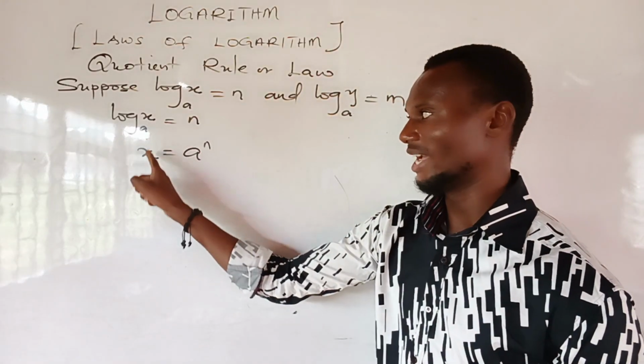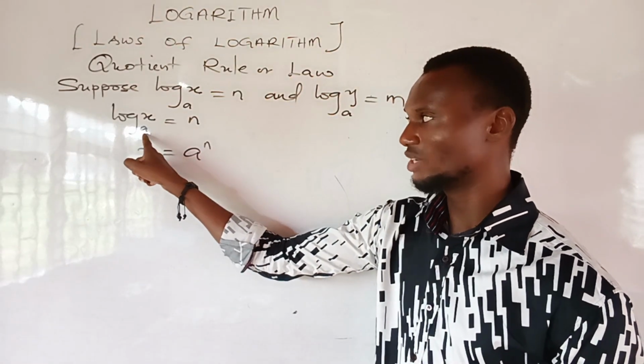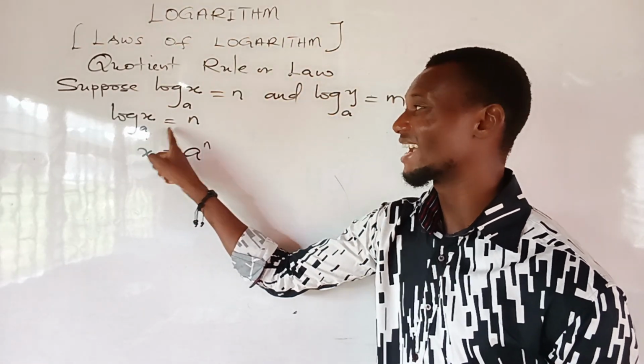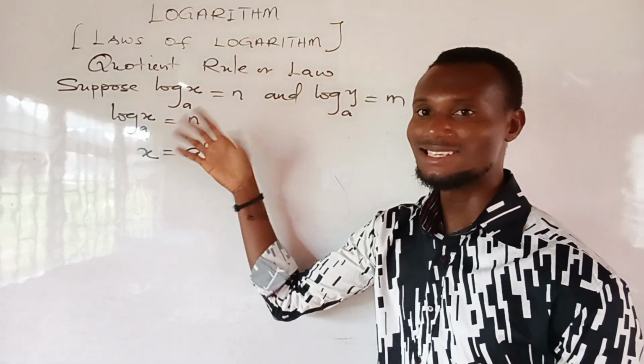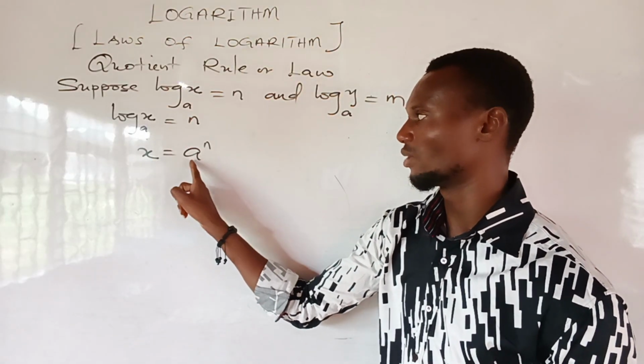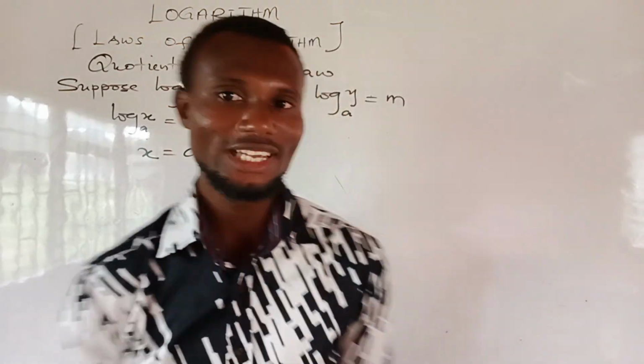Just repeat your s, which is here, and the base, which is here, which is the a. It will come and carry the n here as a power. So my s equals a to the power n. So if I have